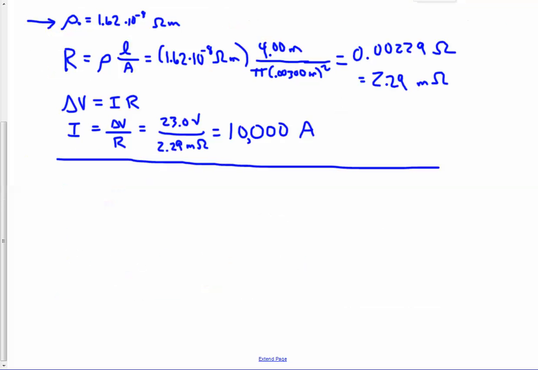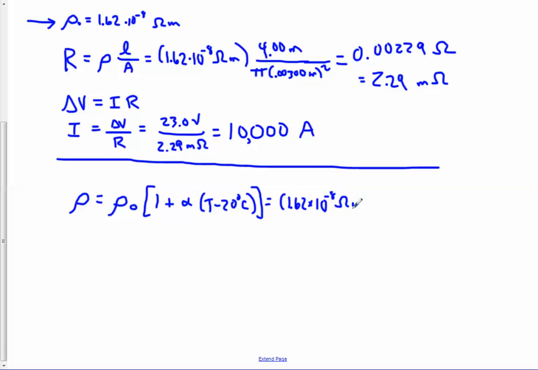Okay, so my new resistivity for silver at 100 degrees is that base number, but now times this factor of 1 plus alpha (T minus 20 degrees Celsius). So I've got my base one already, 1.62 times 10 to the negative 8th ohm meters. And then we're going to multiply that by 1 plus, and now I have to look up the alpha, the